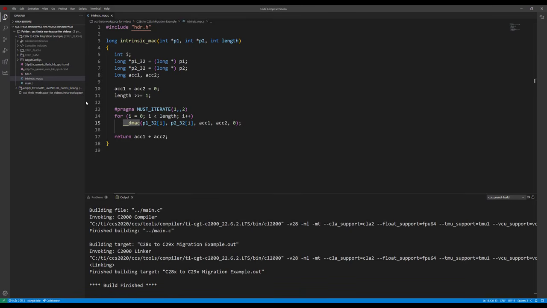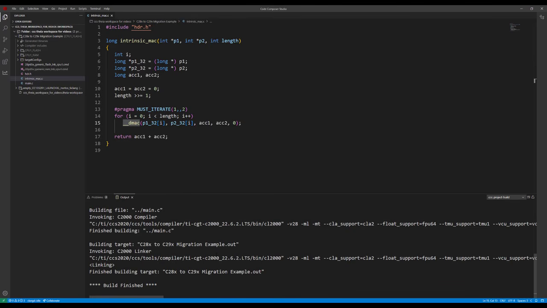Welcome to Code Composer Studio version 20.2.0. I've loaded into it a project I will use to demonstrate migrating from C28X to C29X. The code and everything that you see in the project is not typical of what is seen in the field in C28X projects today. Instead, it is written to demonstrate particular migration issues. So keep that in mind as we go through this. Notice it builds clean, so for the moment we can pretend that it is a normal C28X project, even though that isn't quite the case.